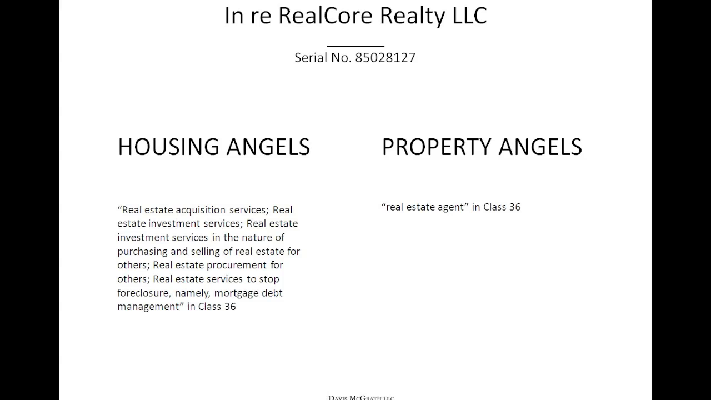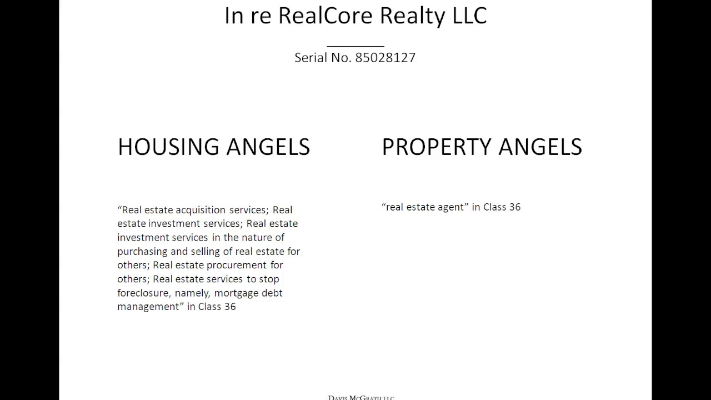And actually, there were two different refusals in this particular case. First, it was a merely descriptive refusal. That Housing Angels was merely descriptive of someone who comes in and acts as an angel investor to purchase housing. And it was found to be merely descriptive. But then turning to the next refusal, which was the likelihood of confusion, which is relevant to us here,